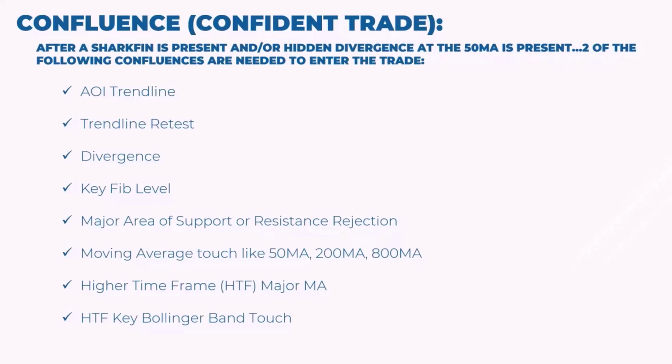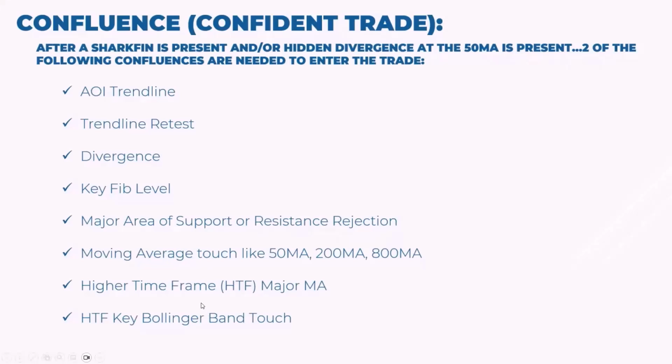And so you're going to find a trend line. We say AOI, that's area of importance. That means great things happened in the past when price touched that trend line. So you're going to find the trend line or a trend line retest, where it breaks through the trend line and comes back and retests. You're going to find divergence. You're going to find a key fib level, a major area of support or resistance, a touch of a moving average,